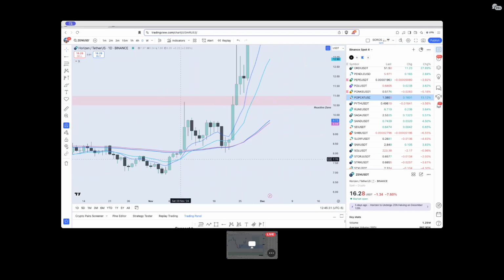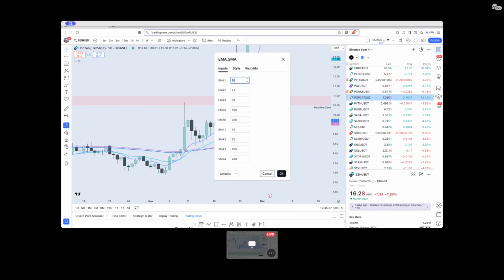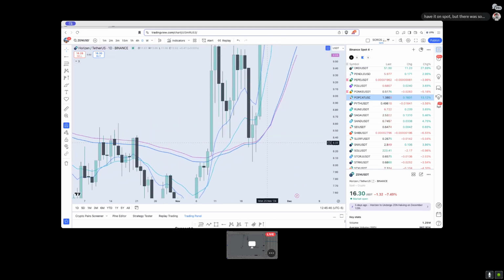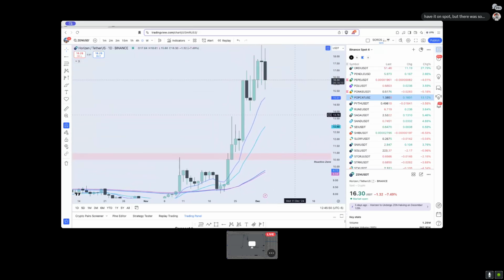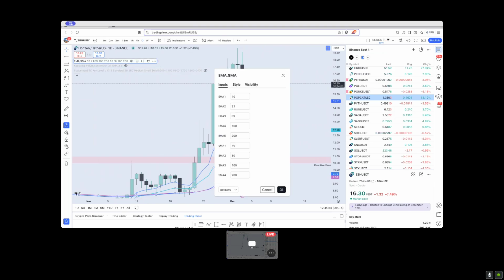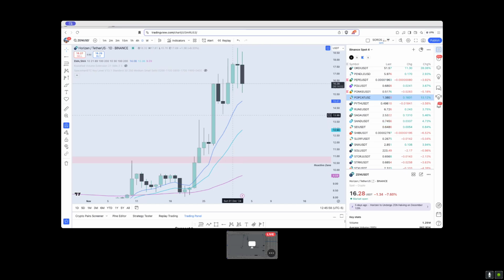So you had the cross, the 10 and 21, the short bands, crossed over the 89 and the 100 EMA. And then it retested the 89 and 100 that were flattened out here. And then it just pumped off it, right? So what you want to see now in a trend,